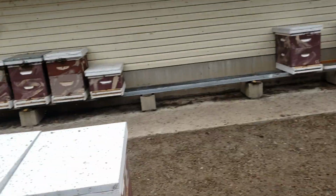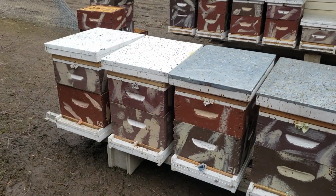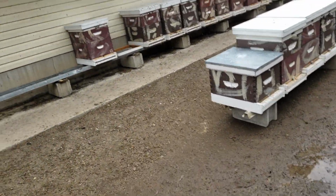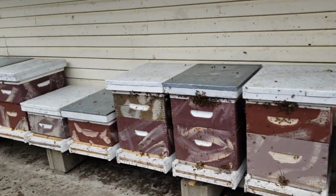All the queens are here, and I'll be taking these to the south apiary in a few days, and they're going to stay plugged. No bees are getting out until I take them to a different location, because I don't want those workers going back to their original location. And then tomorrow, because this is underneath the roof and it doesn't matter if it rains or not, tomorrow I'm going to take